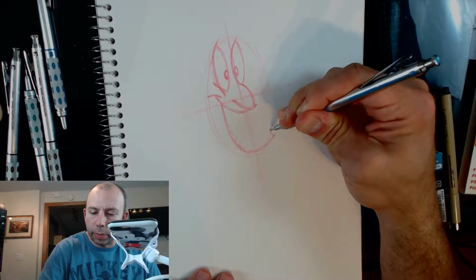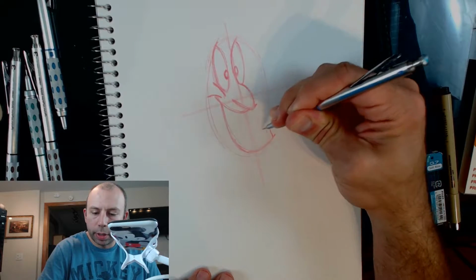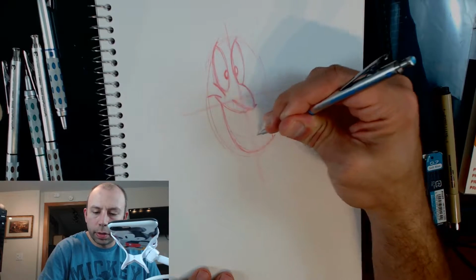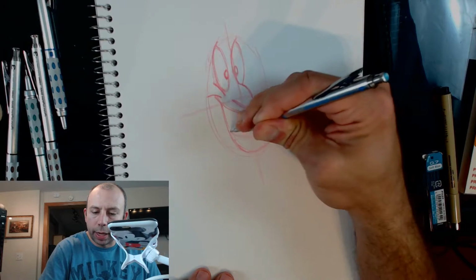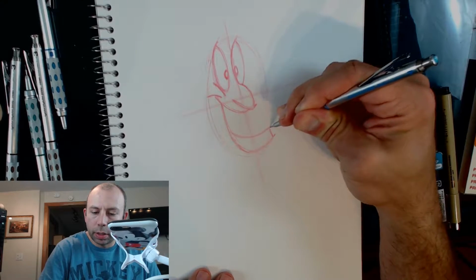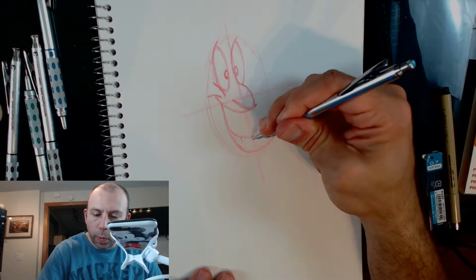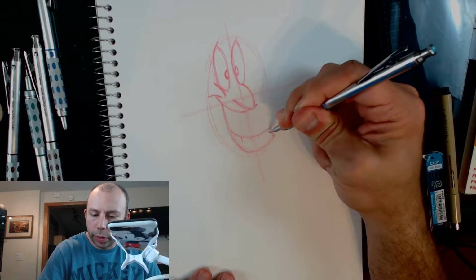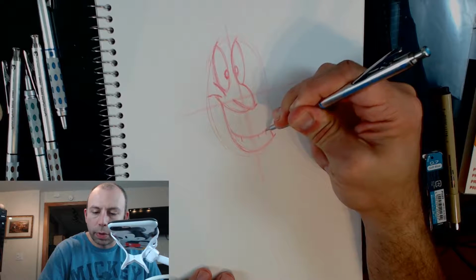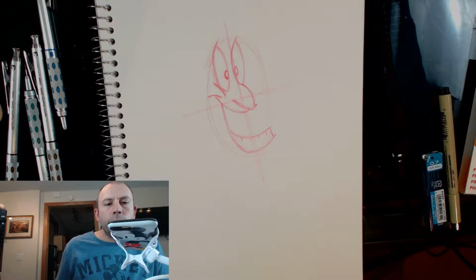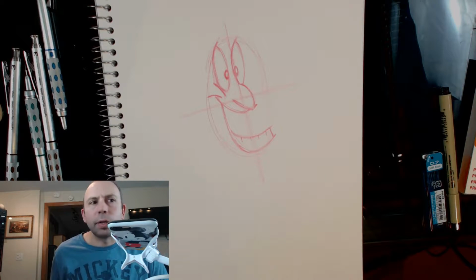So come in a little bit here and start going up, and then form it back like that. If that makes sense. And then you're going to put 1, 2, 3, 4. 4 spots for his